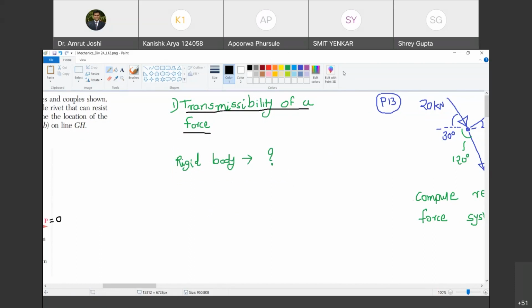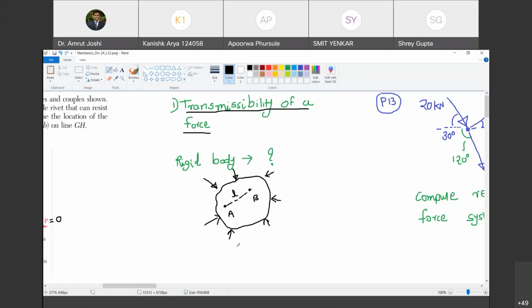Yes. What you are saying is correct, but we will define it in a more precise way. Imagine that this is a body. If this body has to be rigid, then you have to randomly pick any 2 points on the body. Are you with me? Yes, sir. Pick randomly point A and point B on the body, and let us say the distance between A and B is something. Let us call that distance L. Are you with me? Yes, sir. If under the action of any number and any magnitude of forces, are you with me? Yes, sir.